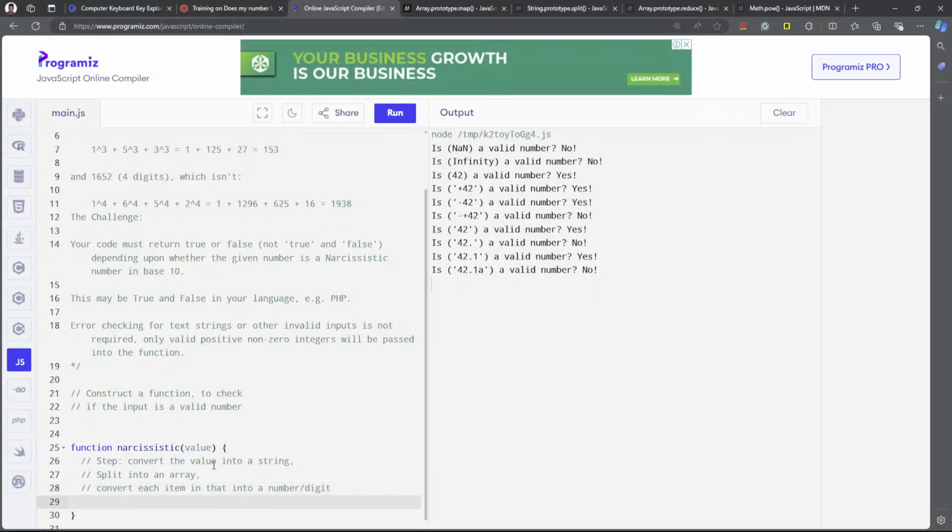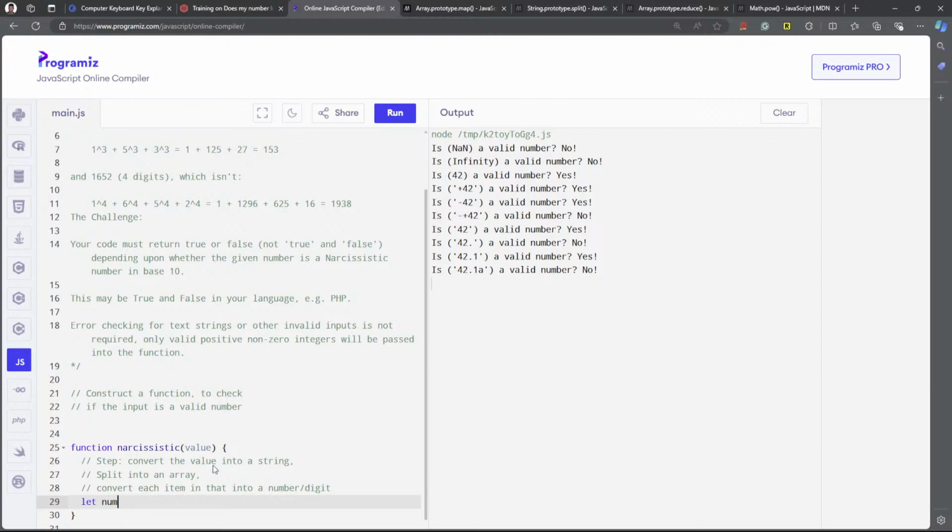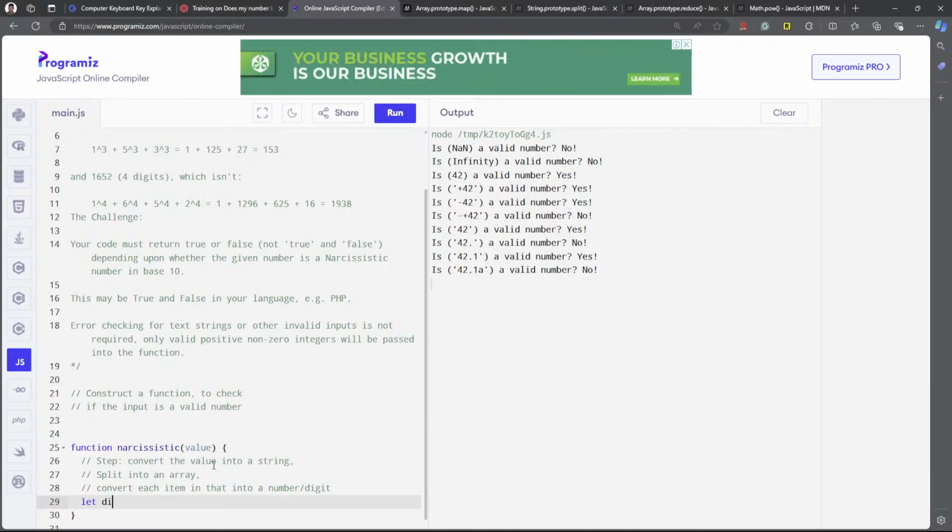Okay, so here, let's say digit list is equal to, so number one, we have to convert it, so it is a value to string,